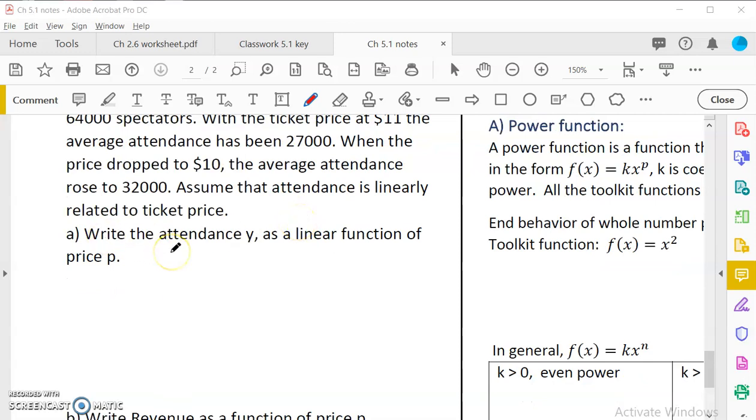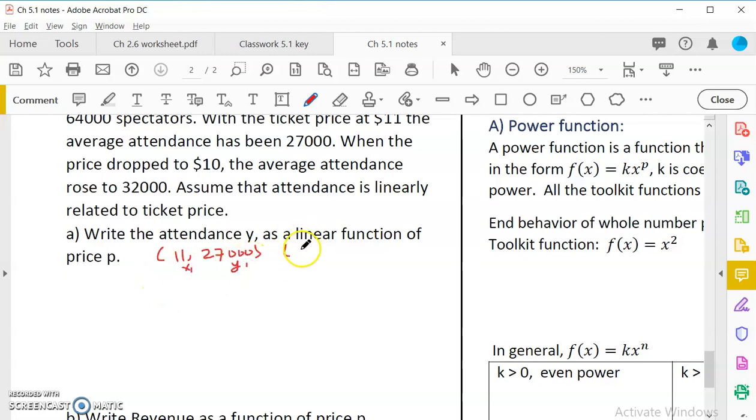So first is just the old stuff. Write attendance as a linear function of price. To write a linear function, we need 2 points and then find the rate, right? So what are the 2 points? Attendance is y as a function of price p, which is x. When the price is $11, then it's 27,000 attendance. So this is x1, y1,